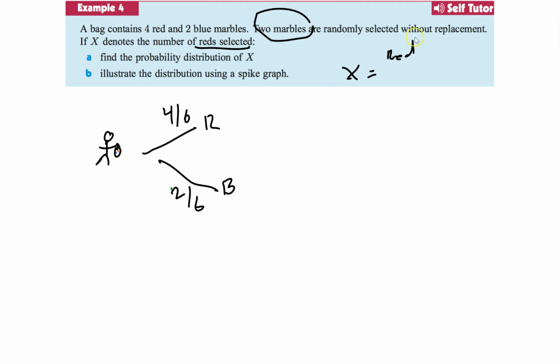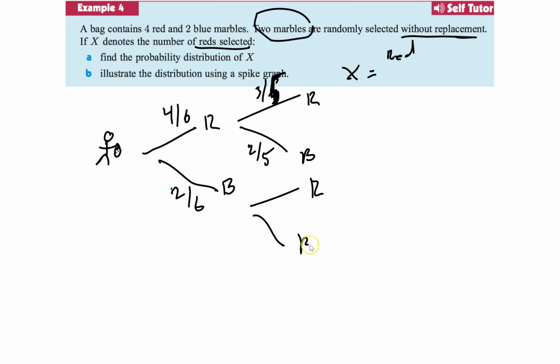And then we're going to do it again, again without replacement, which is always, in general, the default unless they tell you otherwise. So red and blue. When I took this path, I already selected a red, so there's 1 less red. So 3 out of 5, by the way, I caught that. Also 1 less marble in total. So this will be 2 out of 5. And down here,